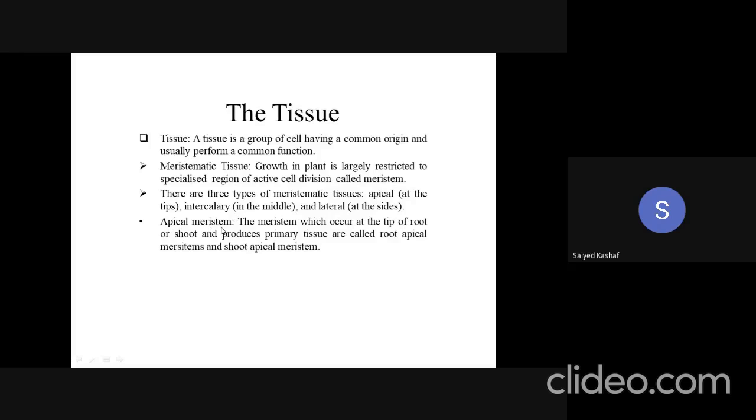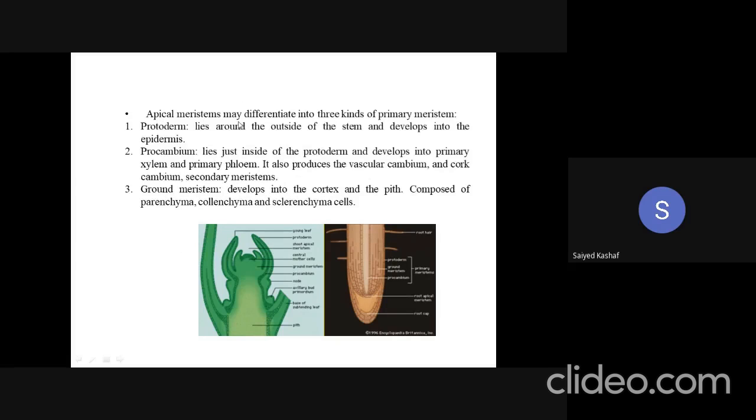The apical meristem present at the tip of the root is referred to as root apical meristem, and the meristem present at the tip of the shoot is known as shoot apical meristem. These are the primary tissues. This apical meristem is differentiated into primary meristem. Here we are talking about the meristematic tissue. The apical meristem is differentiated into three kinds of primary meristem, that is protoderm, procambium, and ground